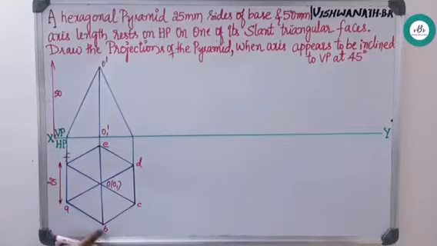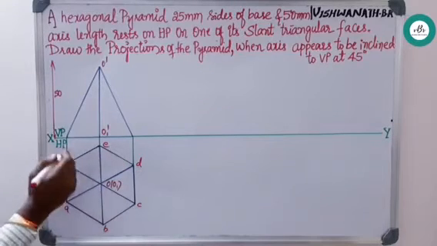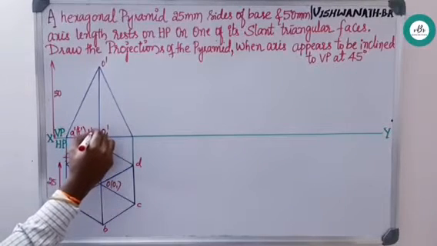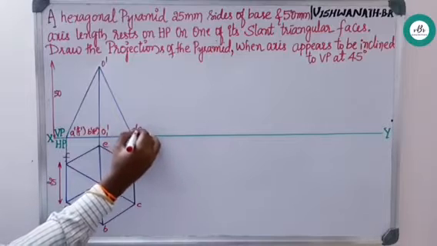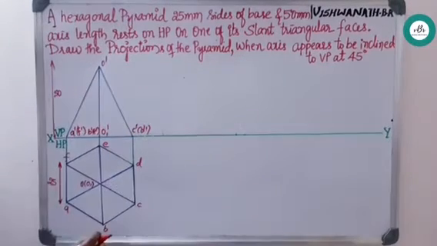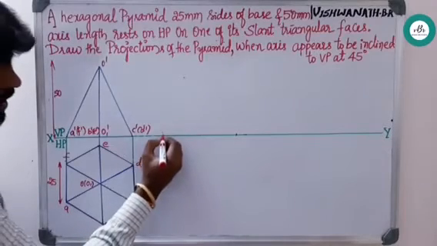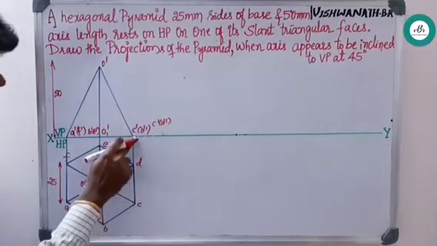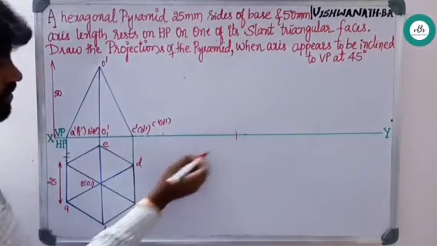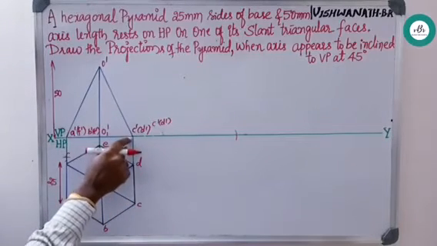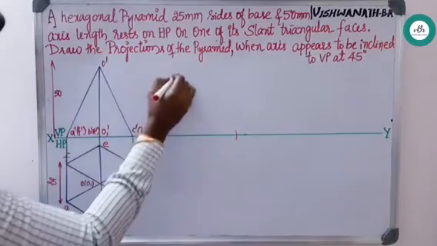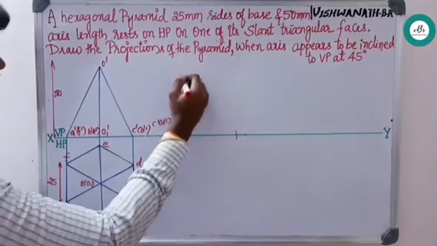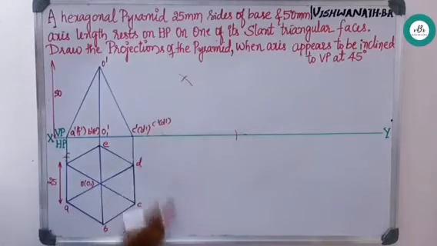From the front view, A, B, C is clearly visible, D, E, F is not visible. So this is a dash f dash, this is b dash e dash, and this is c dash d dash. Proceeding with the second step, take one convenient point, name this as c dash d dash, measure from c dash to o dash, cut an arc on XY line. Next, measure from c dash to a dash, cut an arc, again o dash to a dash. From the same, you cut an arc, join these points to get a front view.